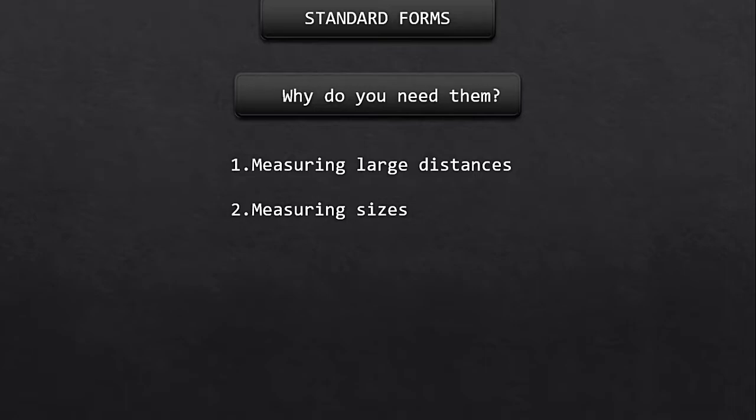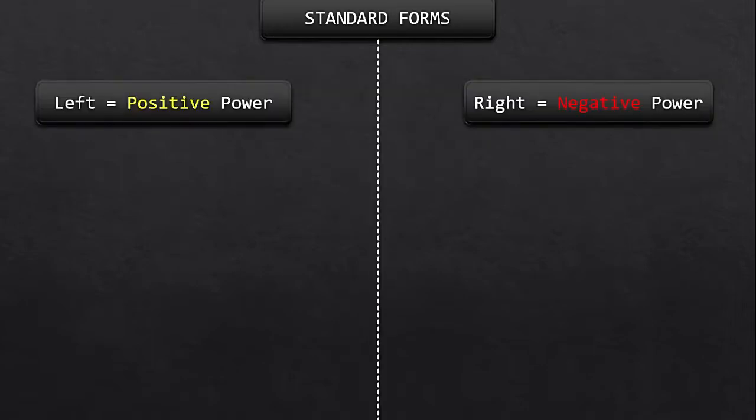So we've made it easier for ourselves to give the sizes of objects or organisms. But there are other reasons why we need these standard forms, but I'm restricting myself to these two so that I don't take much of your time. And then in standard forms we have